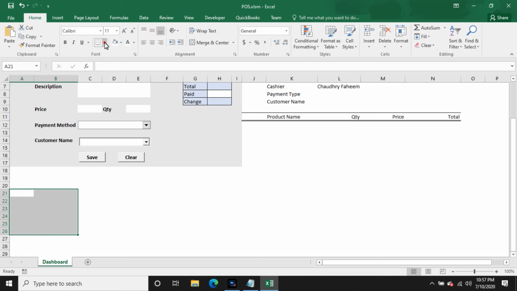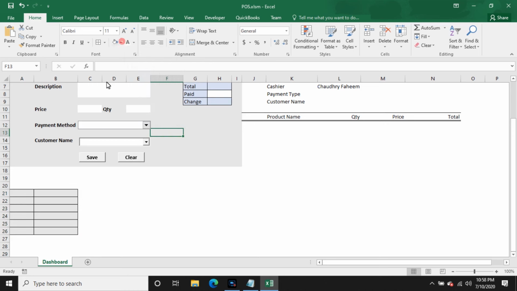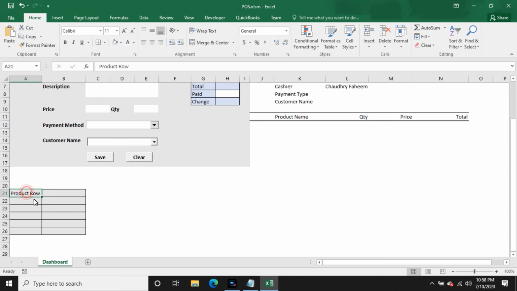here, all borders, and after that the background color is over, like that. Good. And here product raw. I'll explain the purpose of this cell, but right now, right here, product raw, receipt raw,